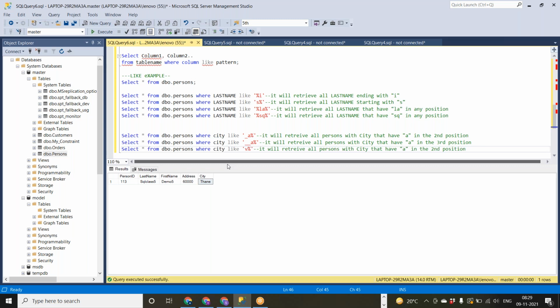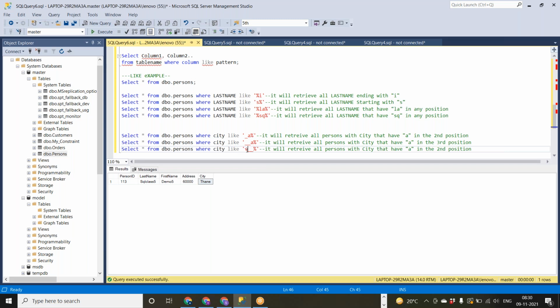Let it be V. I want to get the data which will start with V, and I want to say that it should contain at least three letters in it. So I'm specifying the first letter is V and it should contain at least three letters. So I'll give underscore underscore.